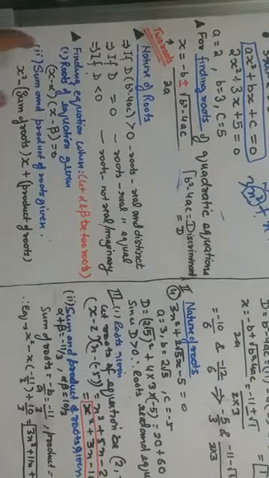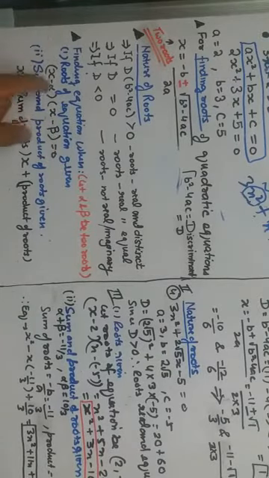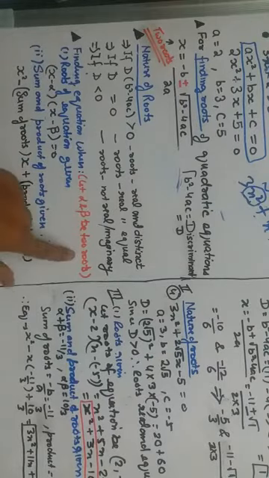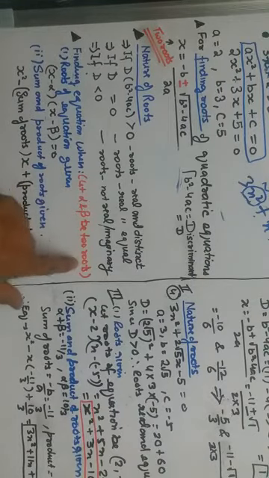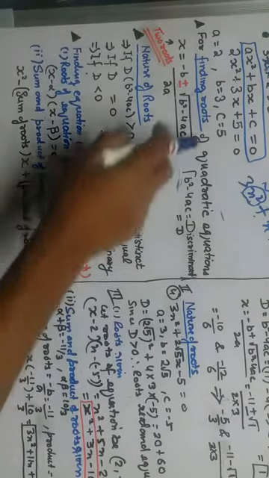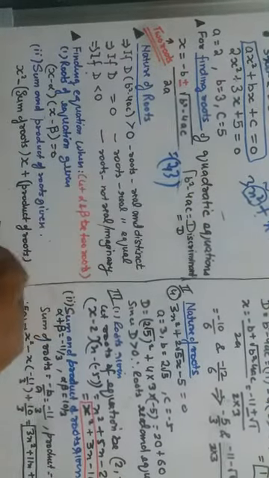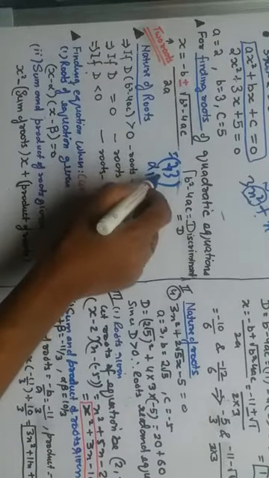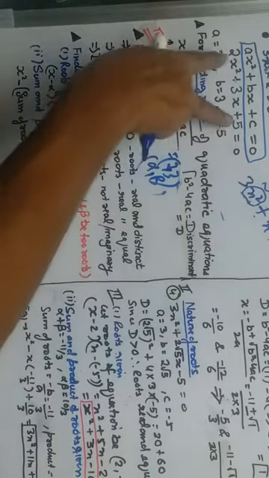Third case, finding the equation when we have two roots. Suppose it is asked, find the equation when two roots are given. Roots of the equation are given to you. Let alpha and beta be the two roots. Like from this formula we find the two roots, 2 and 3 we are finding the root. Now how to find the equation?